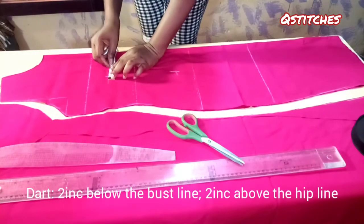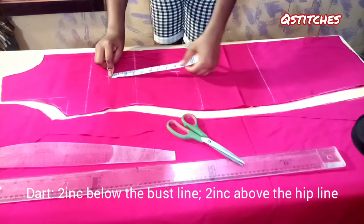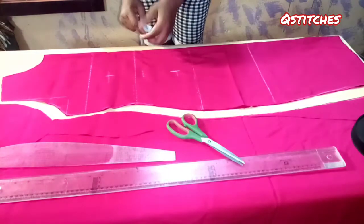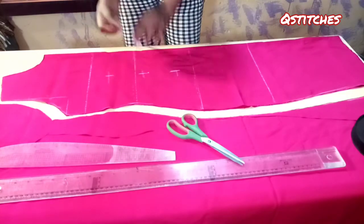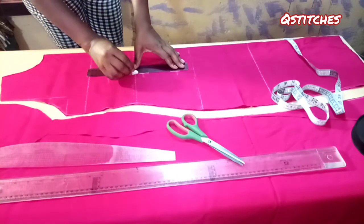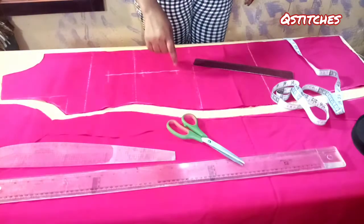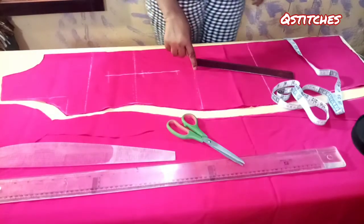After marking 4.5, you look for the center point. Now this is 8 inches. The center point is 4 inches. Then you mark 4.5 at the center point and rule it. Please let me have that ruler. Then you rule this way. Now this is 4.5 inches width, 8 inches depth, 2 inches below bust line, 2 inches above